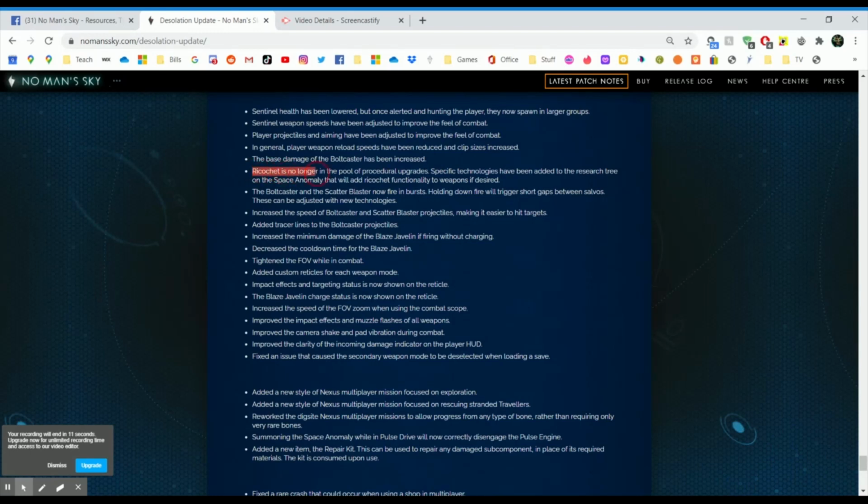Ricochet, brilliant. Ricochet is no longer in the pool of procedural upgrades. Thank God for that, because that was a pain in the arse. Specific technologies have been added to the research tree of the Space Anomaly. It will add Ricochet functionality to